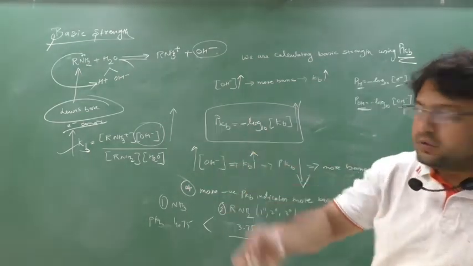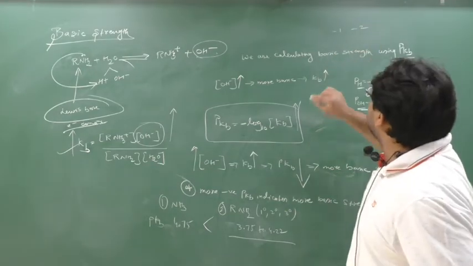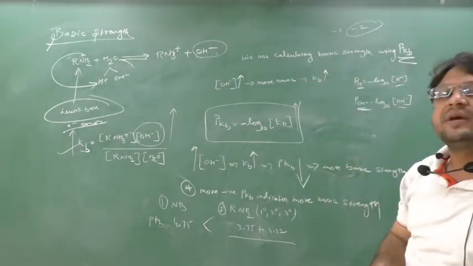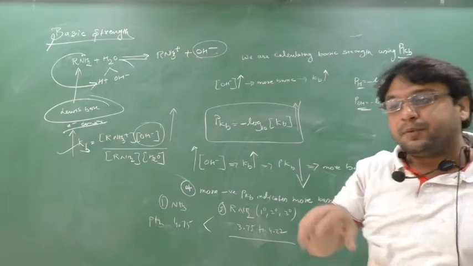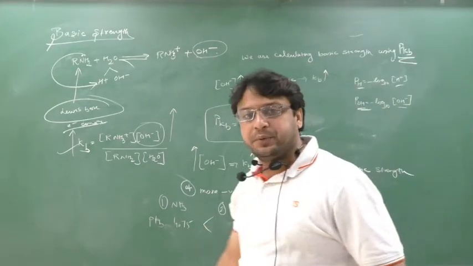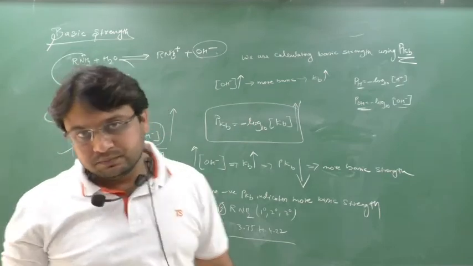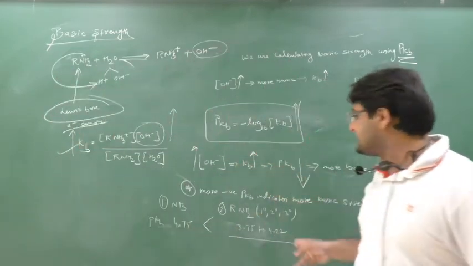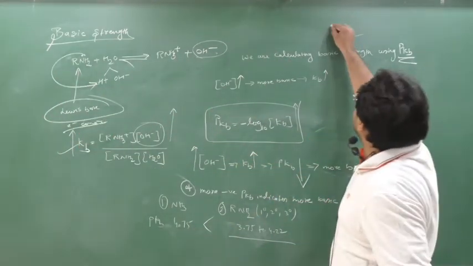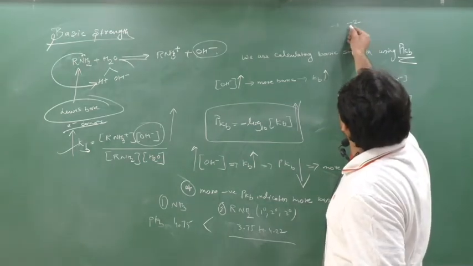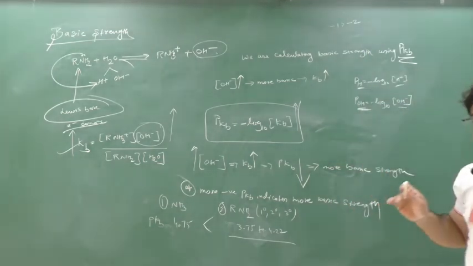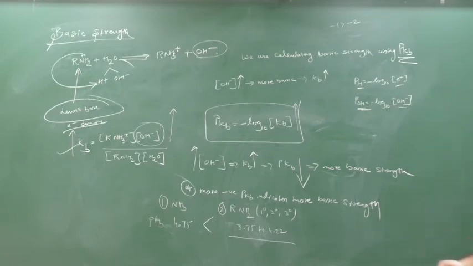More negative value: -1 and -2, who is more negative? -2, so it will have more basic strength. If they have given positive values for both, then you have to see the lesser value, because PKB should always be less. Yes or no? Brother, between -1 and -2, who is less? -2 is less. We always have to look for the lower PKB, but to remember for negatives I say: more negative value, more basic strength.